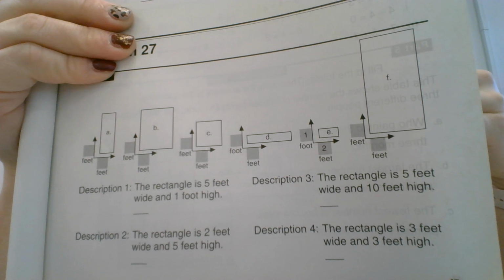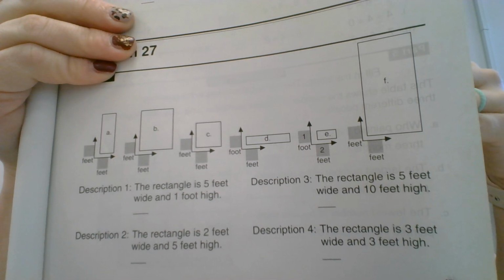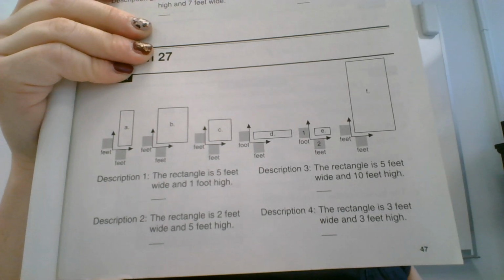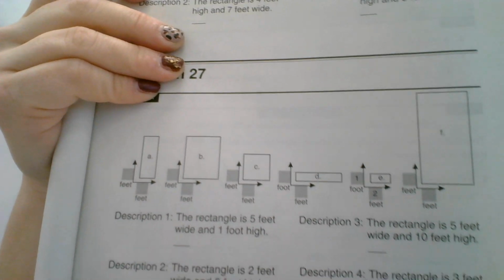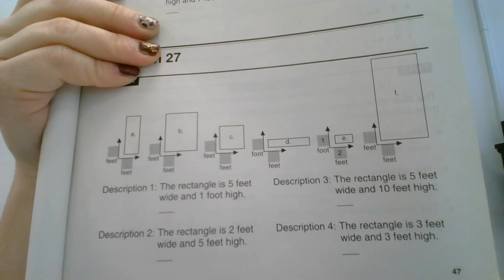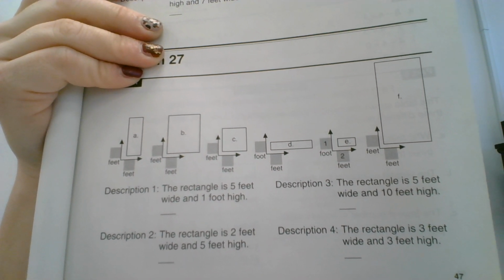Description 4. The rectangle is 3 feet wide and 3 feet high. It's as high as it is wide. Which rectangle is that? Rectangle C. Your turn. After each description, write the letter of the correct rectangle, then fix up each rectangle that